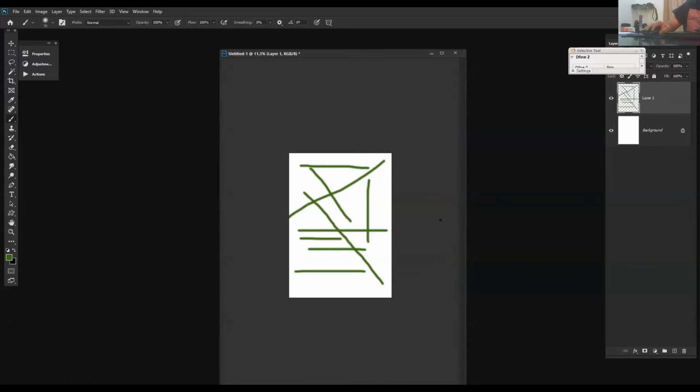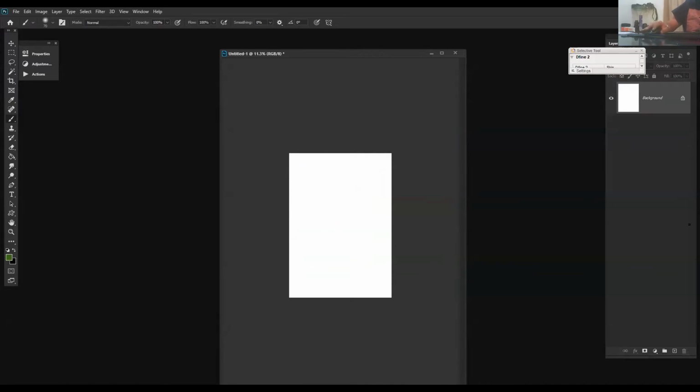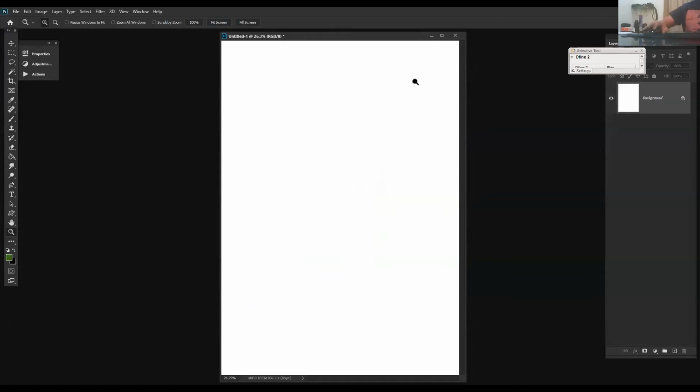So whenever you are doing basic brushwork, your hand is steady, not too much movement.